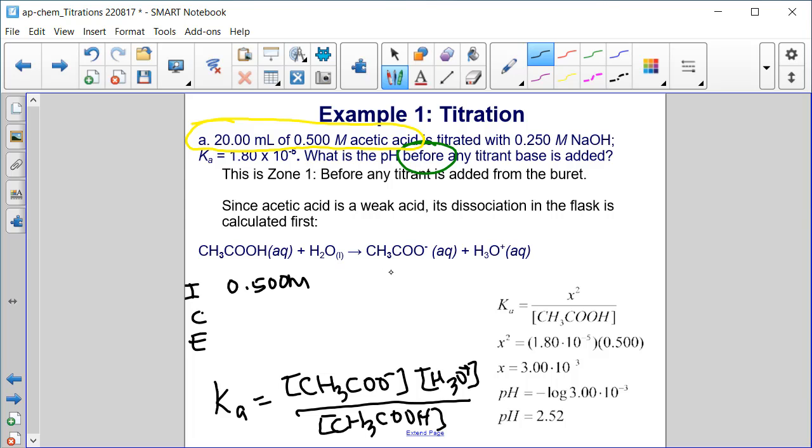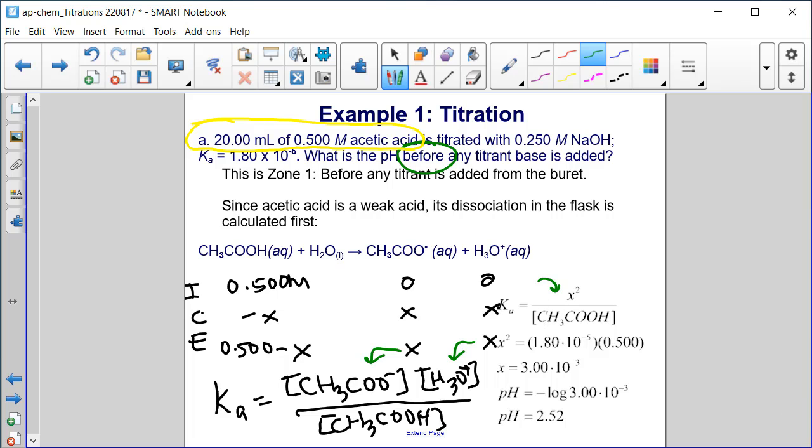We're told it's 0.500 molar, and we initially have no dissociation. Then there's some change, right, where we dissociate some of the weak acid and form the H3O plus and the conjugate base. And so at equilibrium, we have 0.500 minus X, and then each of these are X. So if I put each of these in for concentration of CH3COOH and concentration of H3O, that's where this X squared comes from. And then on the bottom, we just have the concentration of the